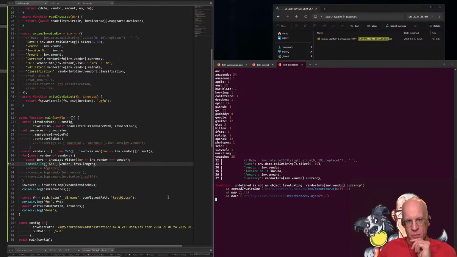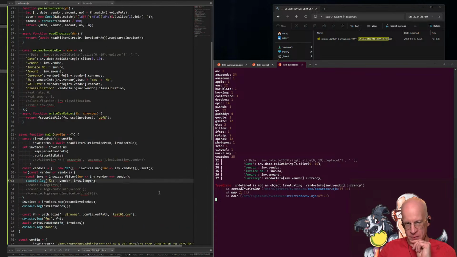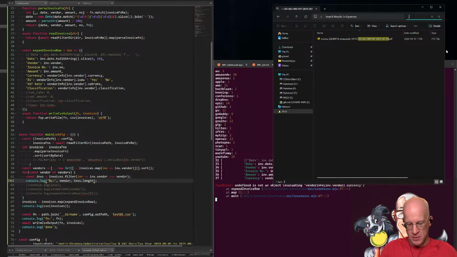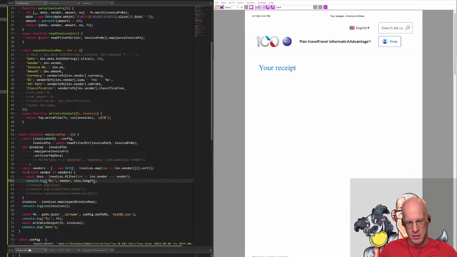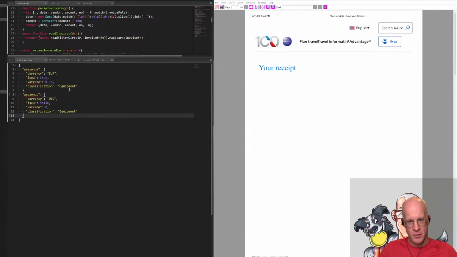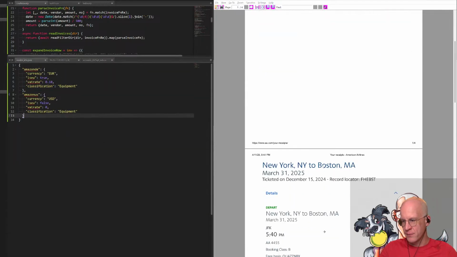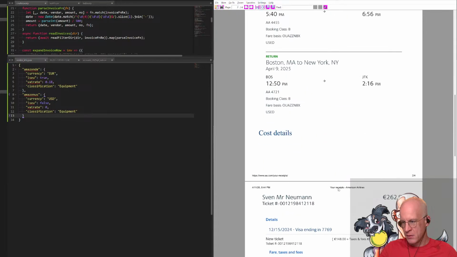Yeah. So we don't have vendor info for all of them. So let's have a look at something like _AA. So these, for example, would be, now we need to go to vendor info. So we have this receipt. So this would be